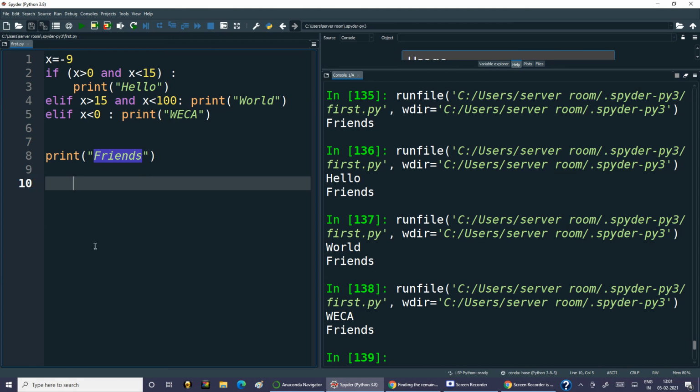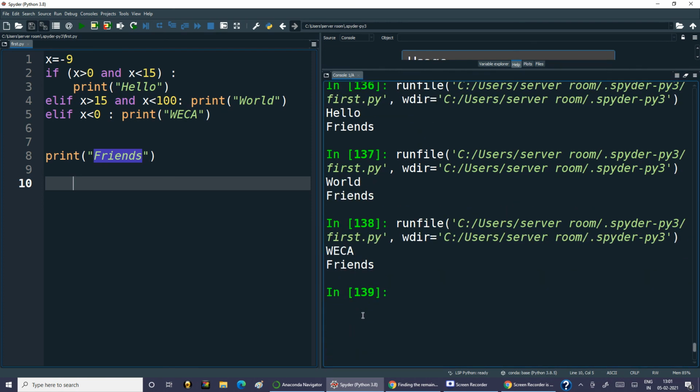Now I hope that you can do some programs from your syllabus. I will also give some assignments. You practice if, else, elif, how to write this, and what the syntax is. You need to practice the syntax, putting a colon; the parentheses around the condition are optional. Indentation creates blocks. These are a few new things which you need to know, and I hope that you will practice them, and then you will be able to do your university assignments.